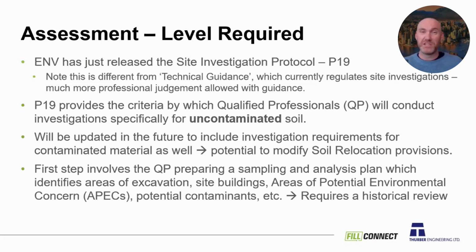Protocol's a bit bigger deal to try and revise for the ministry because it is such a regulated process. So it will be updated. I'm hoping some of these issues, conflicts that we're going to talk through here could get fixed during one of those updates. So the very first step in this protocol is that the qualified professional has to prepare a sampling